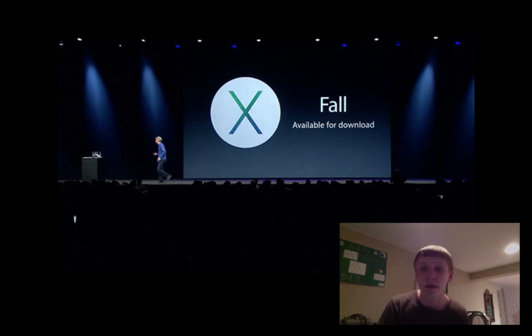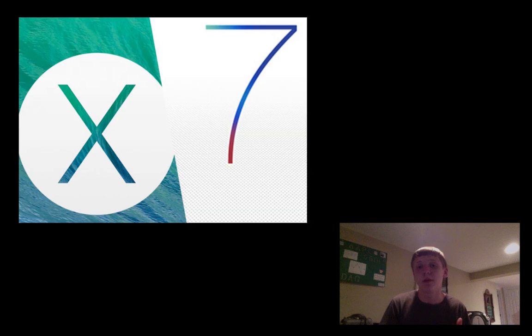Of course, you do have to be a Mac registered developer. It is going to be a fall release, which will be following iOS 7, and possibly some new MacBook Pros, which we didn't see at WWDC, maybe a new Mac, and possibly the iPhone 5S. So that was pretty much the basis of WWDC, you know, iOS and OS X, two very important things